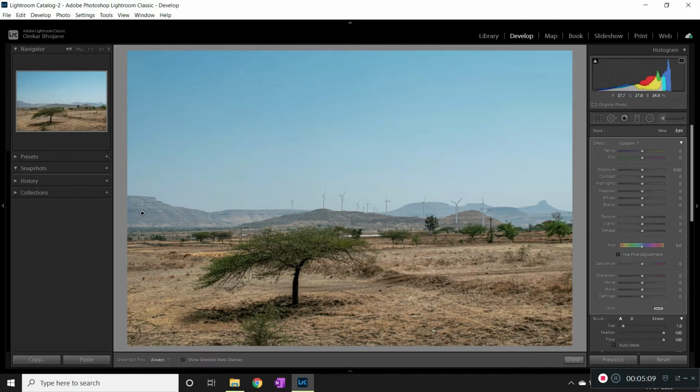To check our selection, we just hover above this dot and we'll see the selection. Okay, so I'll increase the texture.